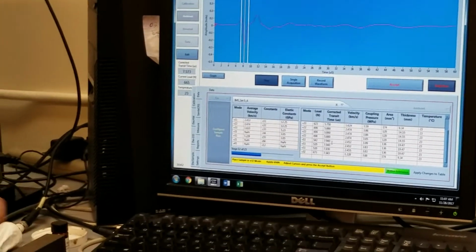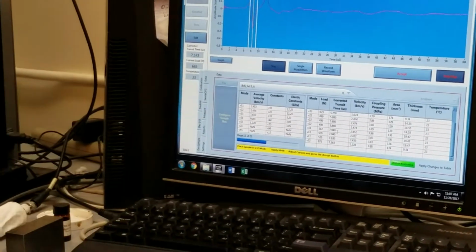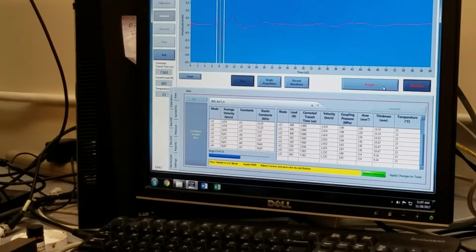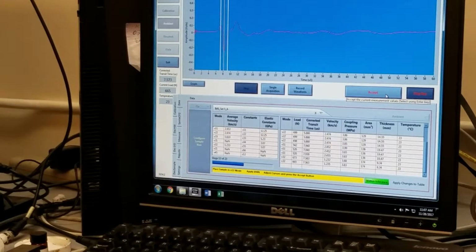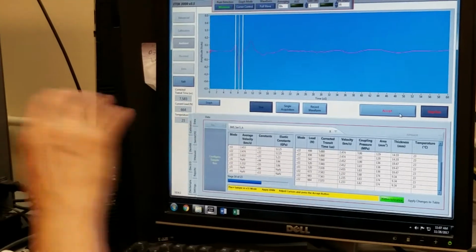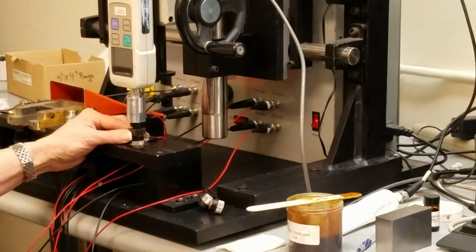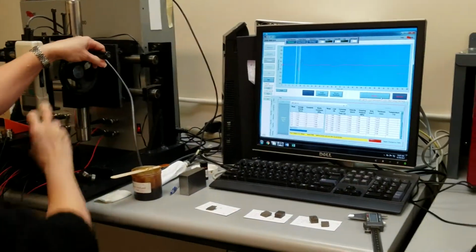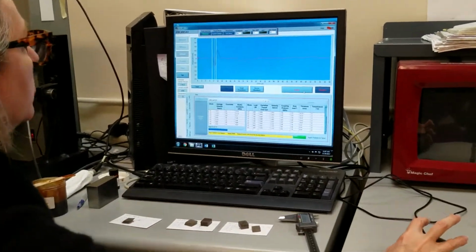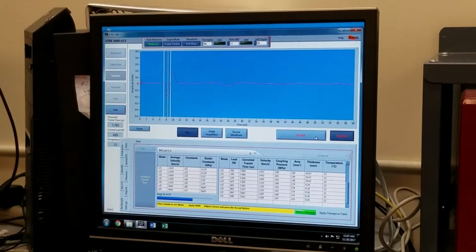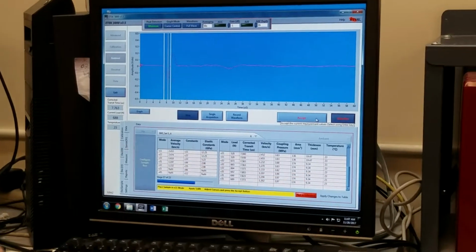Okay, so I'm going to need to make 2 more V33 measurements. I move the sample, click accept, move the sample again, and keep in mind we can rotate the sample 180 or flip it over. But the next measurement is going to be a V31. I just rotate the sample 90 degrees. So this is a different mode if I just rotate it 90 degrees. Apply 694 newtons, click accept, move the sample, click accept, move the sample, click accept again, and now we're on